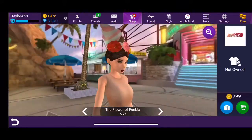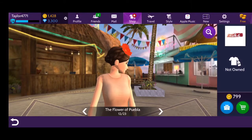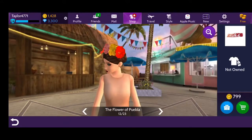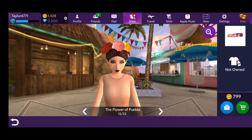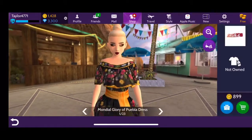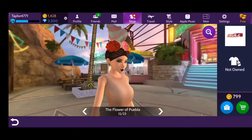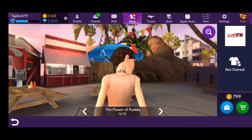Now, here's where we get into the real stuff. The hair. The flower of Puebla. So, this is like Mexican, sort of. I might be completely wrong, I'm very sorry if I'm wrong, but I am very sure that this along with these dresses are kind of Mexican culture. So as you can see, I really like the flowers, because of my OCD,